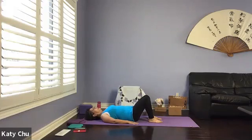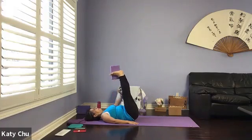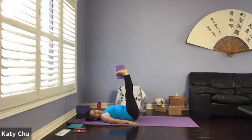Couple of calming breaths here, and we're going to grab our block. We're going to first lift the leg up first, and we're going to place the block between the feet. Flex the feet. Let the blood circulate back to your heart,